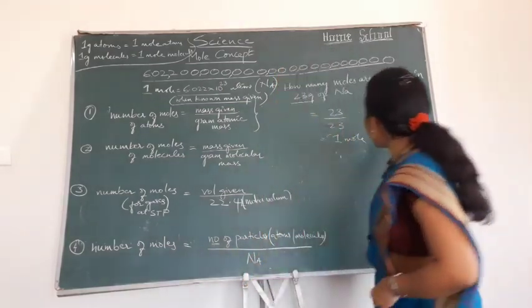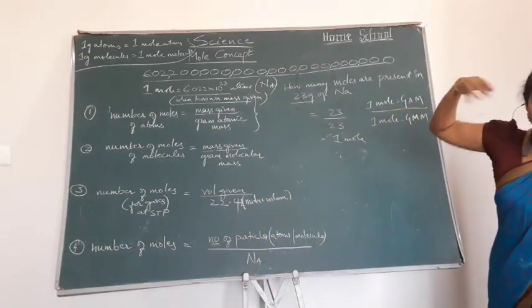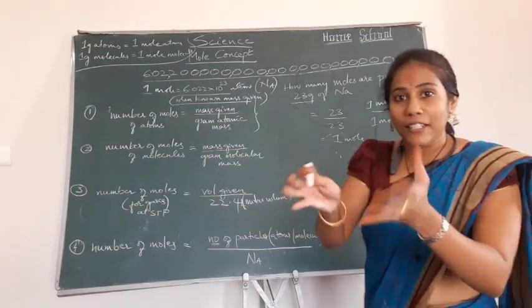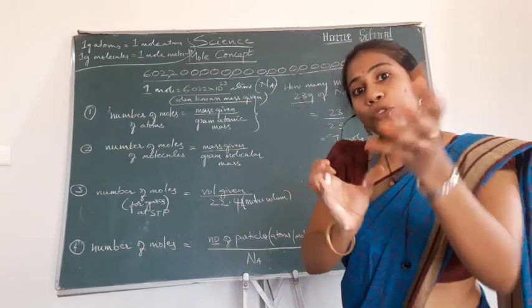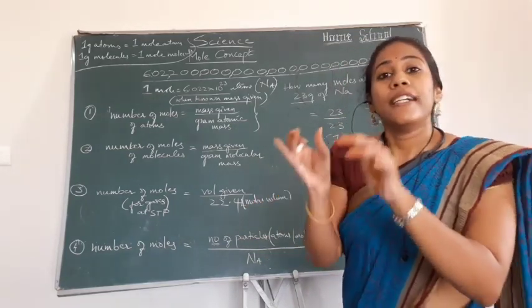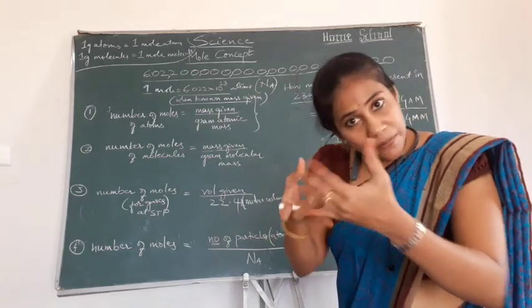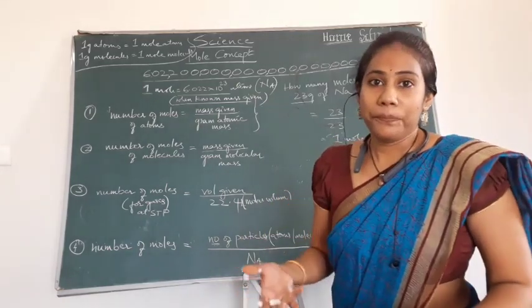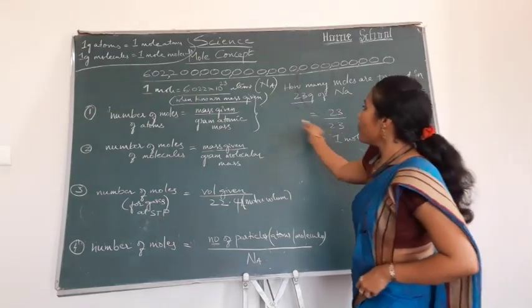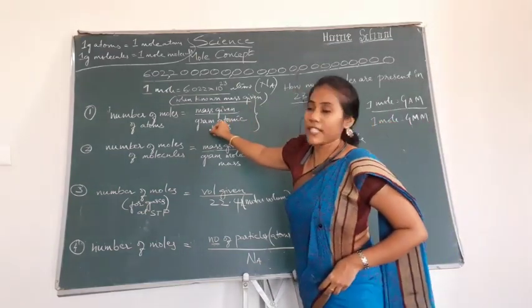Okay, so this is another basic piece of information that you should keep in mind. 1 mole is nothing but an element's atomic mass. So in that mass you have 1 mole of atoms. That is the meaning: 6.022 into 10 to the power of 23 atoms. Okay, fine. And this is the question that you can relate to this formula.